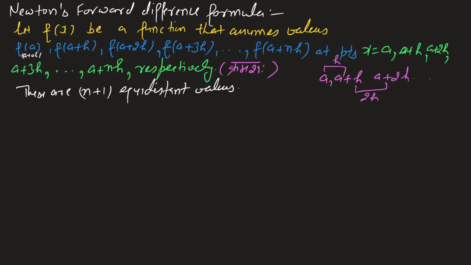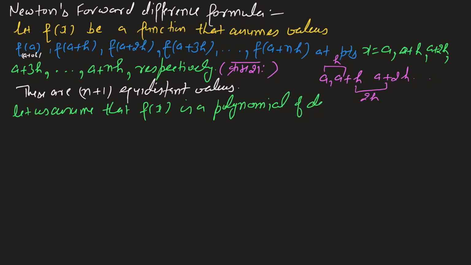Then we know that if f assumes n plus 1 values at n plus 1 points, then f(x) can be a polynomial of degree at most equal to n. So for the sake of simplicity we assume that f(x) is a polynomial of degree n and given by